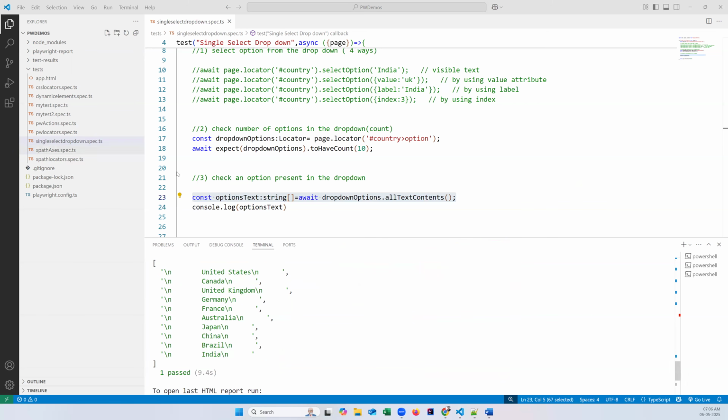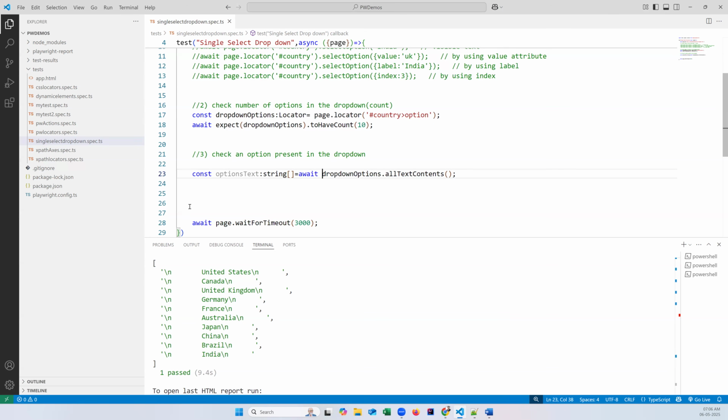Now, when I print this, it is printing with the special characters. That is not our requirement. So what do we need to do? We need to add something else. Here, await dropdown options dot all text content returns an array. This whole thing returns an array. So keep it inside the bracket. Now this part is returning the array, and we need to apply map on this array. Now continue with dot